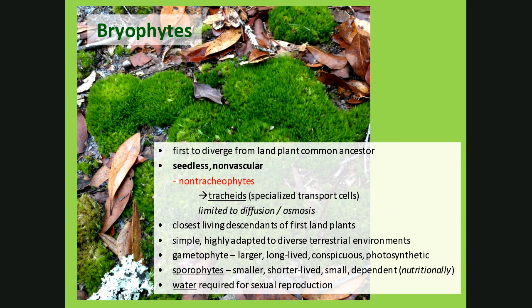They're going to be smaller, very short-lived. Their job is really only to make the spores. And not only are they very short-lived, and not only are they not prominent, they're actually dependent upon the gametophyte nutritionally. So remember, we looked at the vase, and there was an egg at the bottom of the vase in some of them. And I said the sperm swims down there, fertilizes the egg, and out of there, this is the moss now, grows the sporophyte.